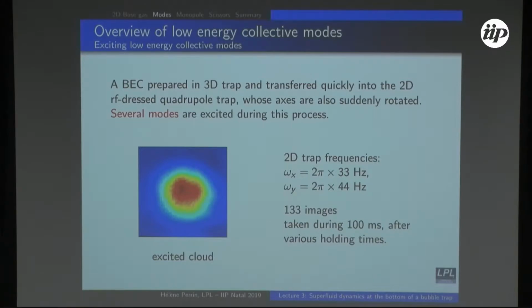No, because we start from a true BEC in the ground state, very nice, without thermal fraction. So the only thing that changes, but it's not relevant, is the overall phase. But if you multiply your global wave function by a phase or another, at the end you observe the density, so it's not relevant. Otherwise, we start with a BEC in ground state, very, very cold, and then we apply exactly the same